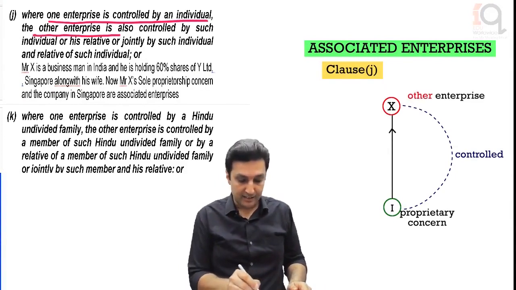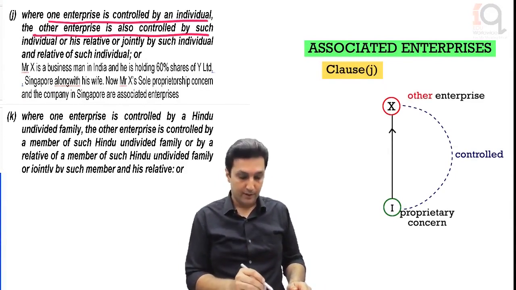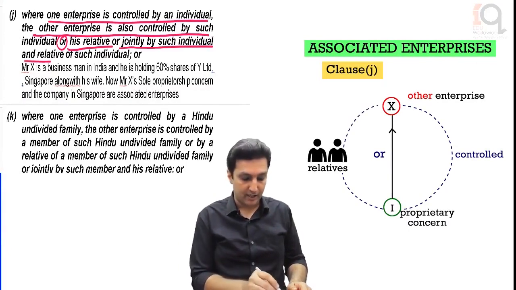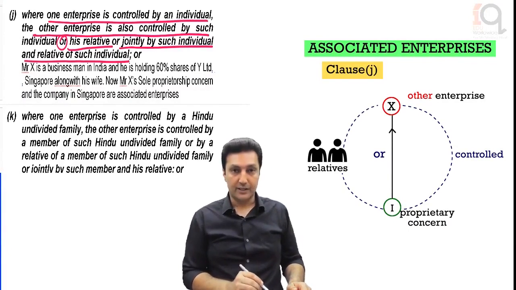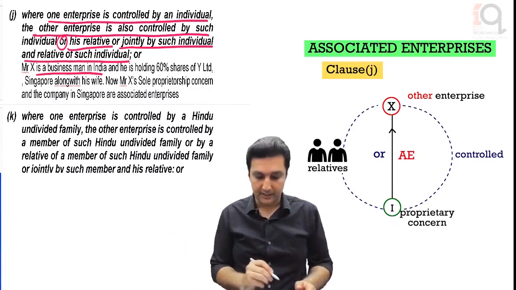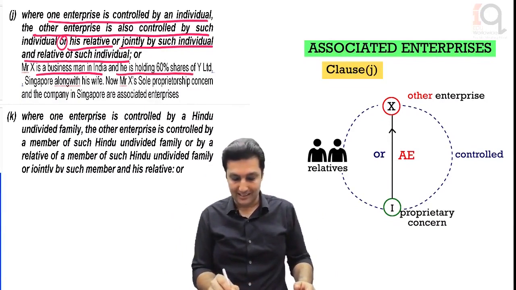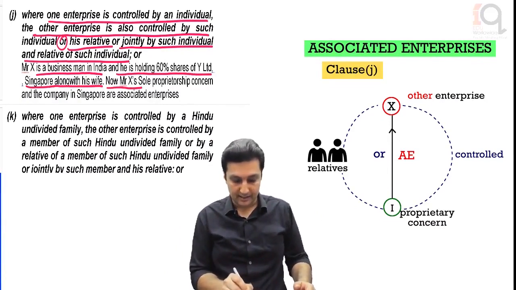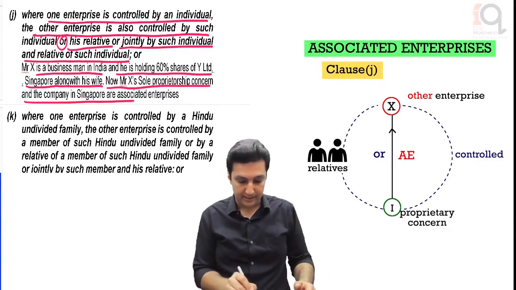where one enterprise is controlled by an individual. The other enterprise is also controlled by such individual or his relative, or jointly by such individual and relative of such individual, then these are associated enterprises. So Mr. X is a businessman in India and he is holding 60% shares of Y Limited Singapore along with his wife. Now Mr. X's sole proprietary concern and the company in Singapore are